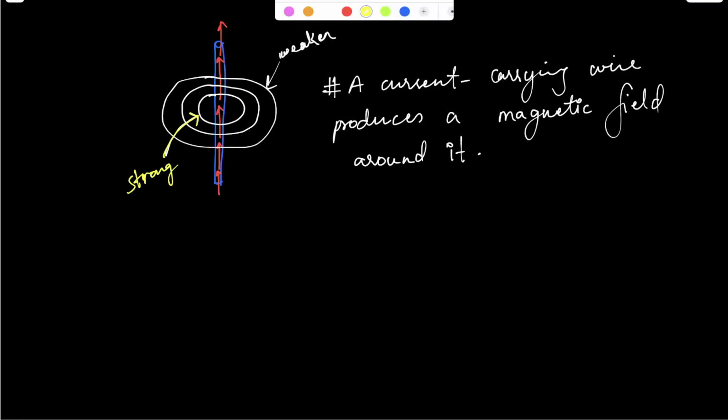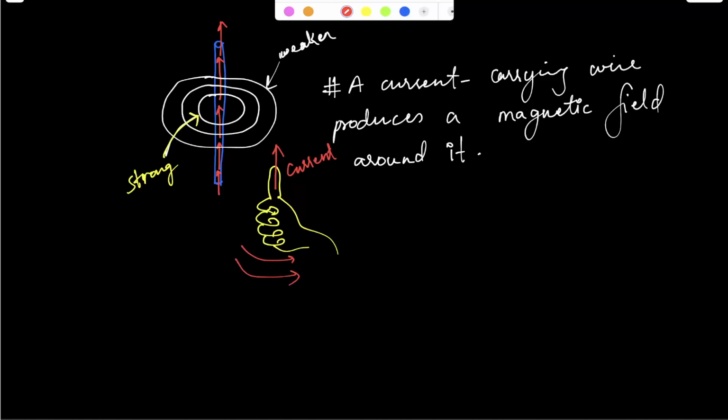Now, the second thing is the direction. So we use the right hand rule. Right hand, like this is the thumb and these are the fingers. I'm not that great at drawing, but say for example, these are the fingers, and we use the right hand rule to identify the direction of the magnetic field. The thumb points the direction of the current, and fingers point the direction of